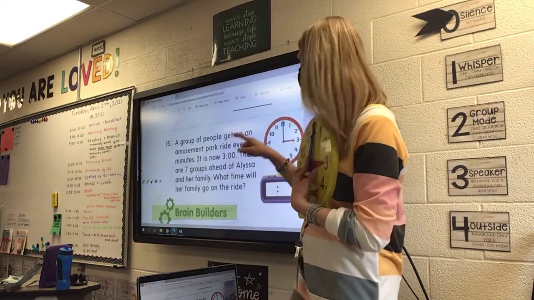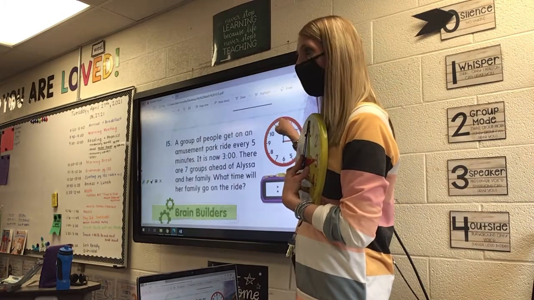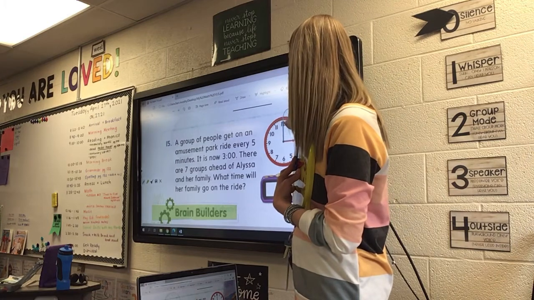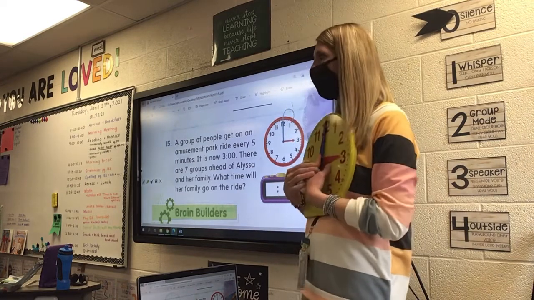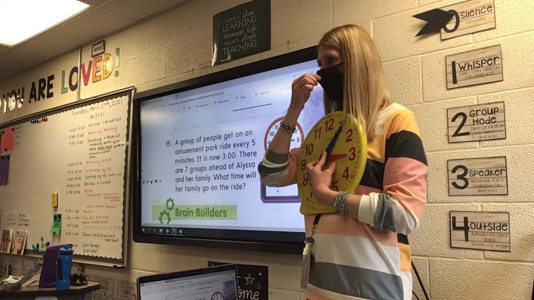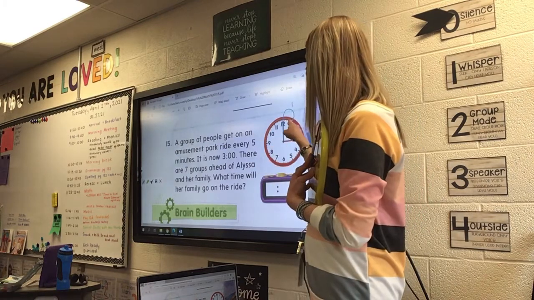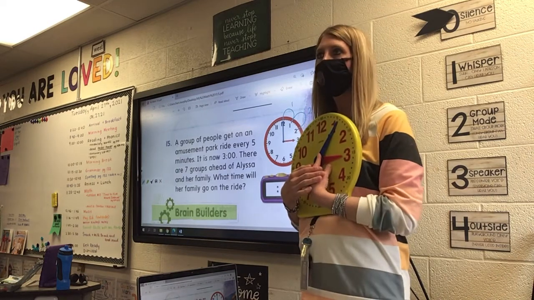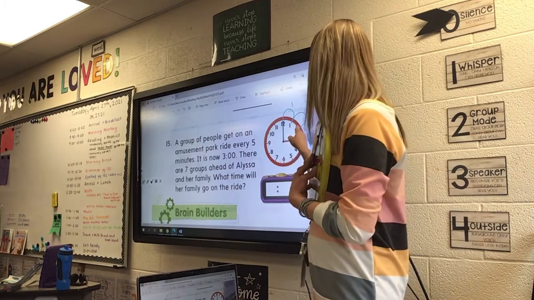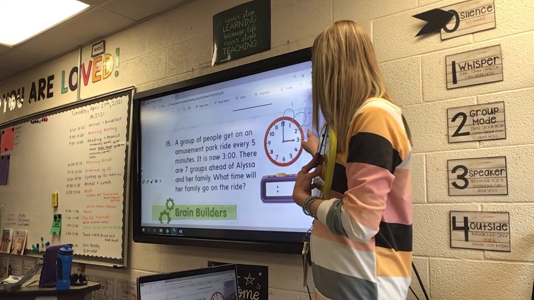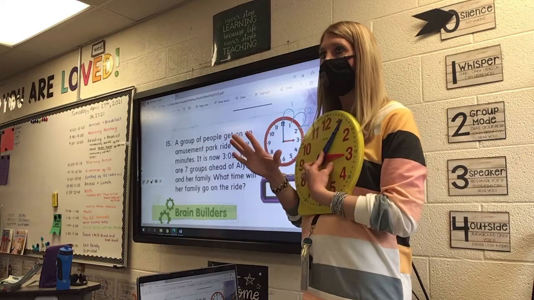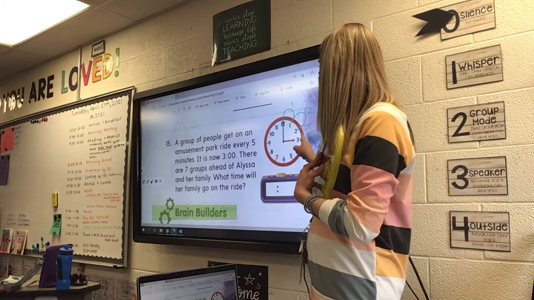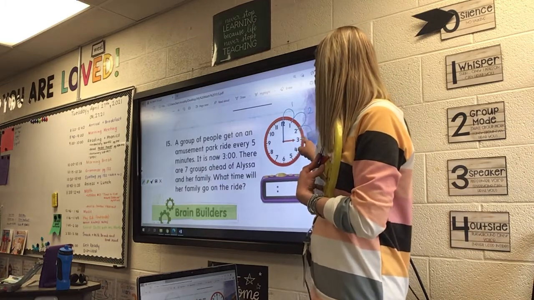And what I'm going to do, and maybe you should do this too, is make my little flower petals. I'm going to say the first ride is in 5 minutes. That's ride number 1, so that would be at 3:05. Ride number 2 is another 5 minutes, and that's going to be at 3:10. Ride number 3 is another 5 minutes, so that'd be at 3:15. Ride number 4 is in another